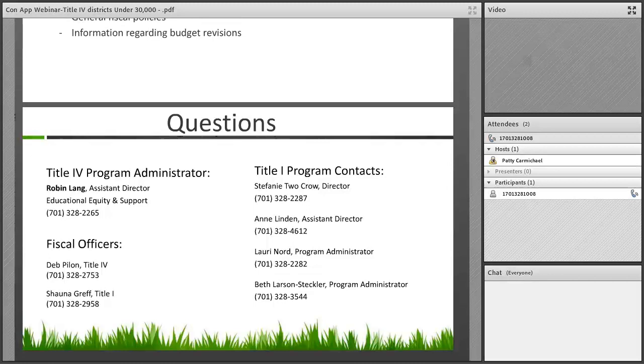Title I program contacts are Stephanie Trucrow, 328-2287. Annie Linden, 328-4612. Lori Nord is our Program Administrator, 328-2282. And Beth Larson-Steckler is a Program Administrator, 328-3544.